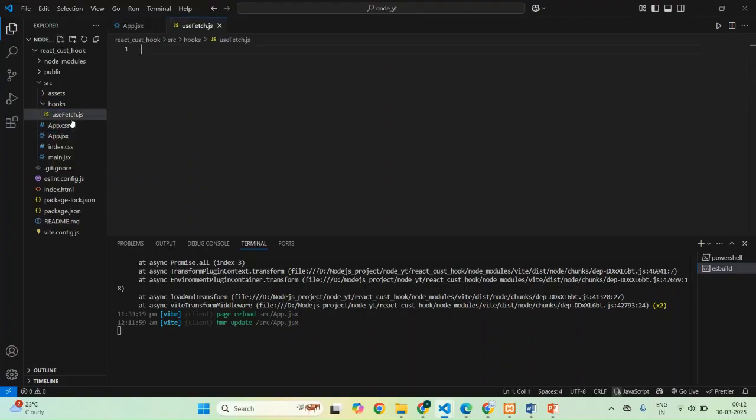This is our custom hook. Okay, custom hook name, so this we are creating. So this is one file and App.jsx. These two files we are going to use. Okay. So first what we will do, guys, first we'll write the code, that is custom hook code for use